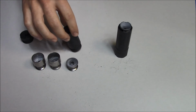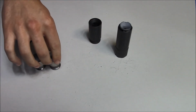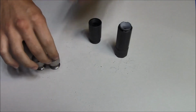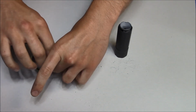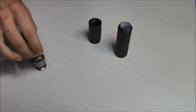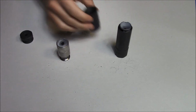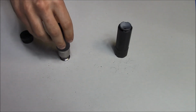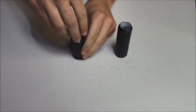Same story for these. Go ahead and set that out of the way. Drop that first baffle down, twist it until we find that flat. Oh, come on. There we go. And the same. Then all we have to do, drop that guy over the top of our little tower, flip it over, place the end cap on,